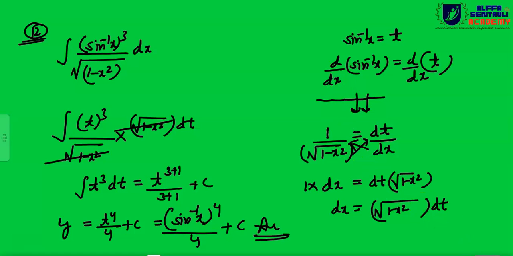So now let us move to the next question, that is question number 13. So what is question number 13? This is equal to sec power 4x multiplied by tan x. So beta, can you guess what will be the substitution here? What should I substitute? Any idea, beta? What should be the substitution?